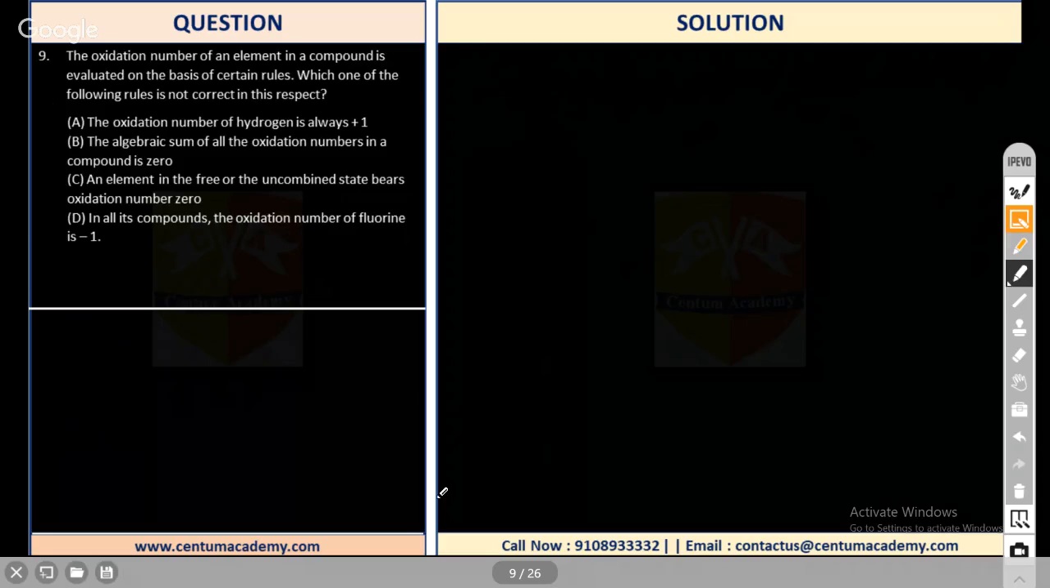The oxidation number of elements in a compound is evaluated on the basis of certain rules. Which of the following rules is not correct in this respect? Saimir is getting D. Shreyash,